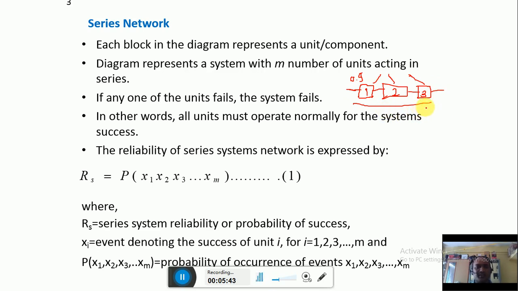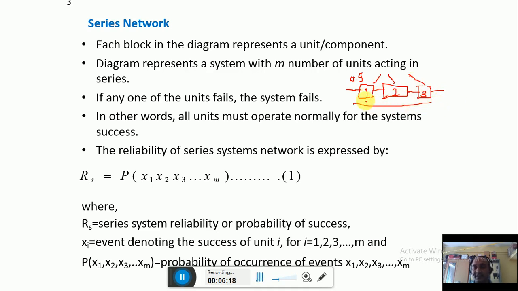So can you imagine in your mind that the system reliability of this particular configuration is definitely less than 0.9, because all these three components are independent. Even if one fails, the entire system is going to fail. It means that there is always a risk. Even if one fails, the entire system fails. It means that the reliability is going to decrease if you put the components in series.